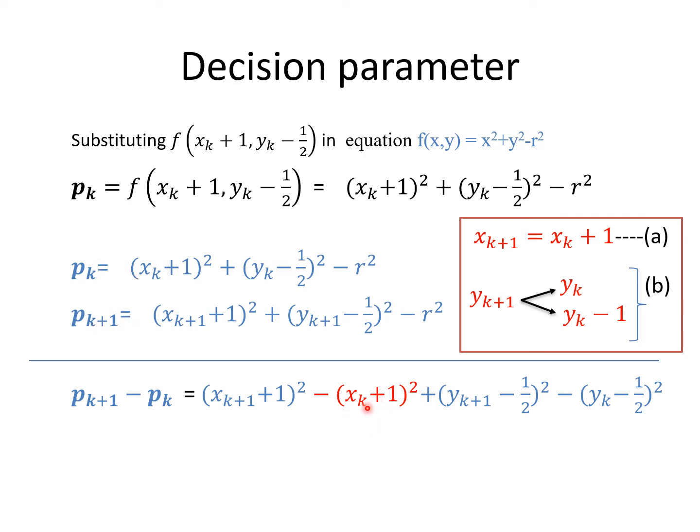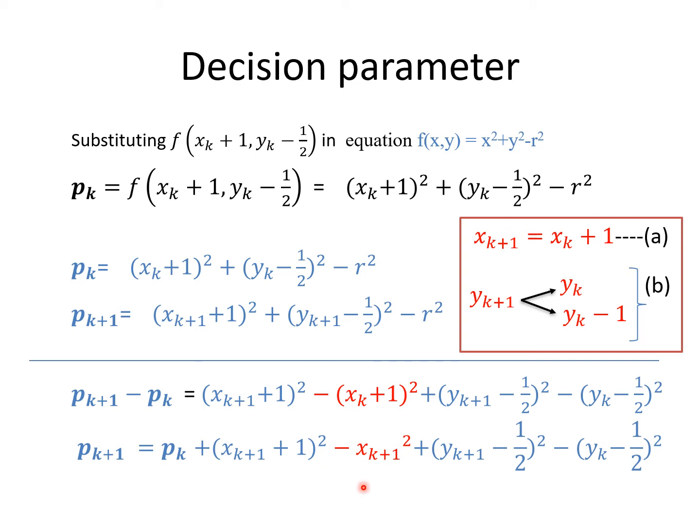Now if we look into this term, this is nothing but the next value of x, as written and as given in the equation. We are incrementing the value of x by 1, and this is given by the next value of x, subscript k plus 1. So we replace this representation by this notation and we get an equation as this.